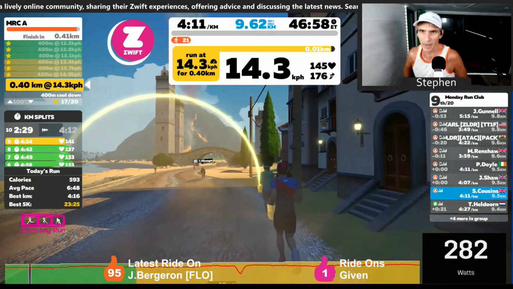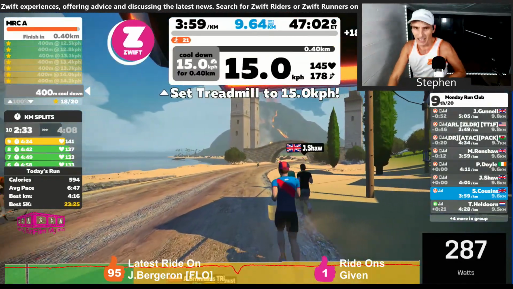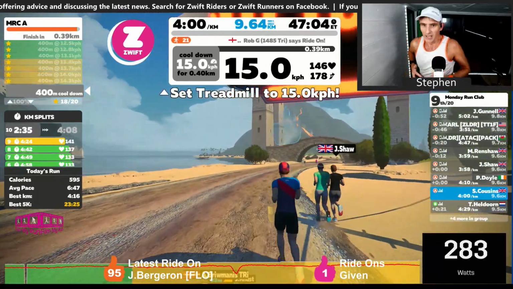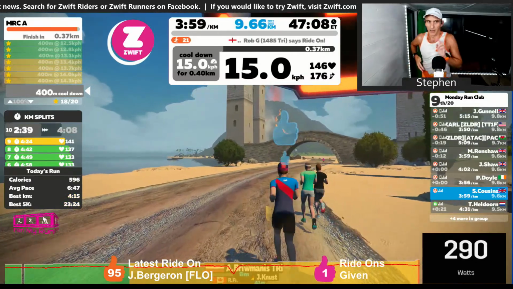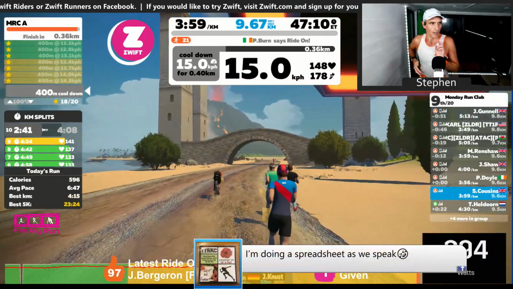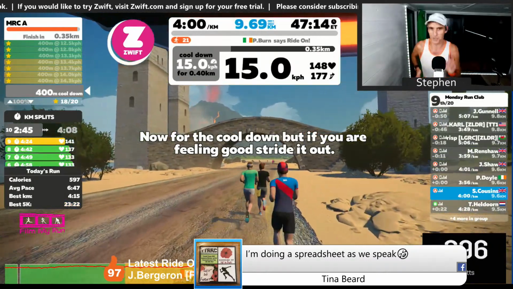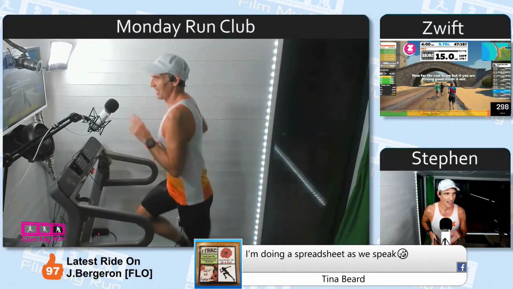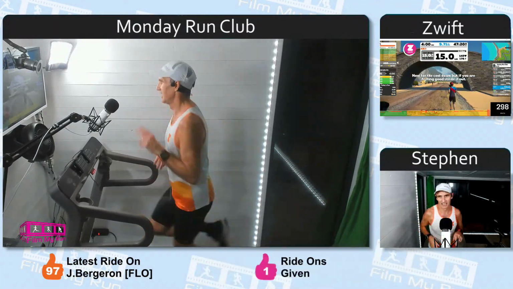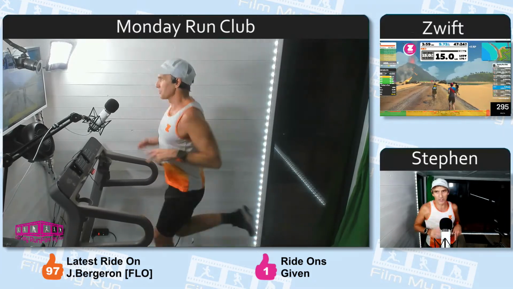This is the cool down. But of course, we know it isn't. 15 kilometres an hour. Here we go. Tina is doing a spreadsheet as we speak. 300 metres to go.